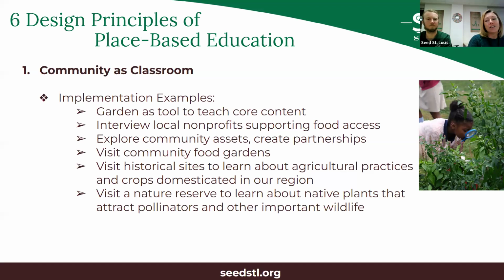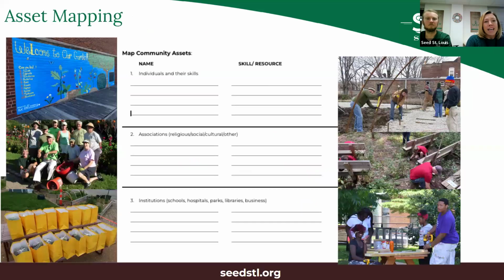Exploring community assets is a great thing to do here. If you've ever heard of asset-based community development, it is a way of looking at what your community has versus what it needs. This is a great activity to do with students if they're doing any kind of place-based learning unit. So thinking about whatever their project is, whatever the problem is that they've identified that they want to find a solution to,